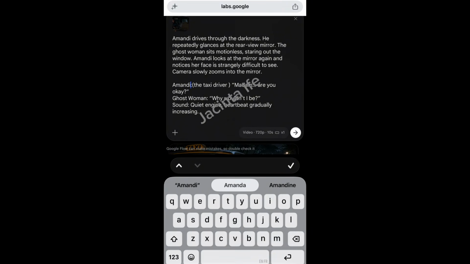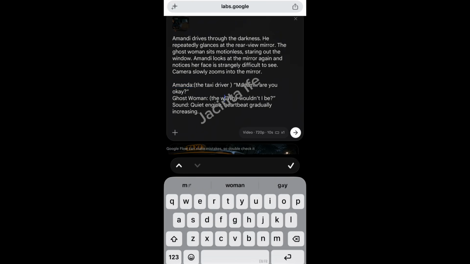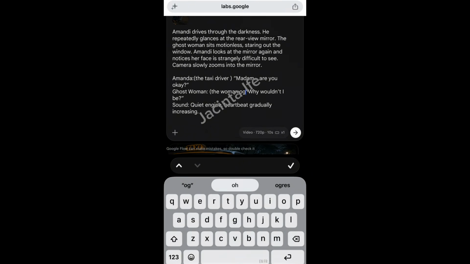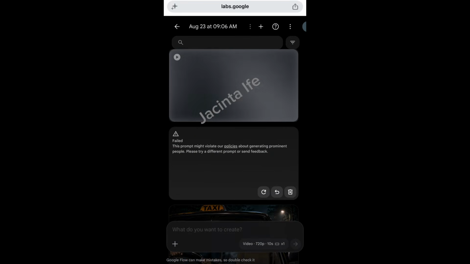Drive through the, so the ghost should be the woman on white dress. That's it. Let's generate.